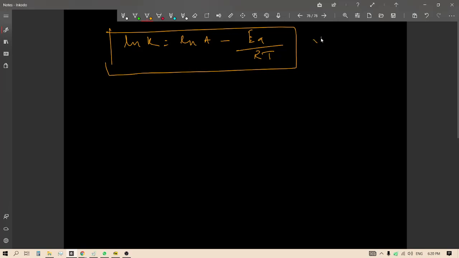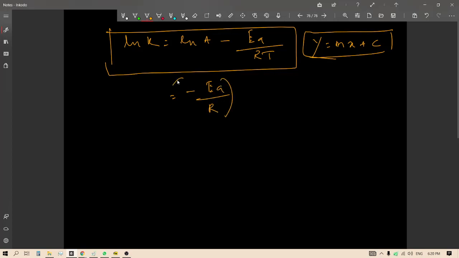This equation easily matches with the equation y is equal to mx plus c. Why I just said that log is used to convert a curve equation or a non-linear equation to a linear equation. Look at this. It was an exponential equation. I have brought it to a linear equation where I can write it in the form of minus Ea by R times 1 by T plus ln A, where my y-axis will be ln k, my x-axis will be 1 by T. So let us plot it.